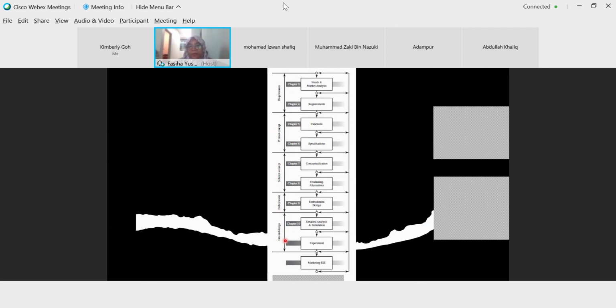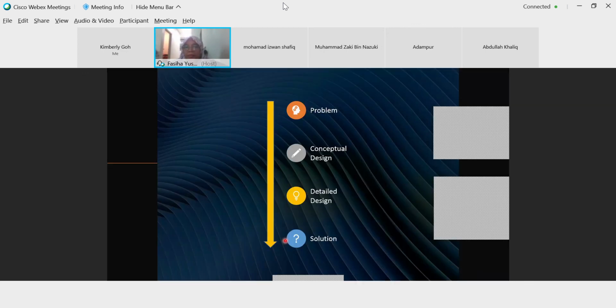Basically, whatever you see in the textbooks, even though the flow charts are different, the idea is always the same. To make it very simple to understand: you have a problem and you have a solution, and in between there are two parts you have to go through.